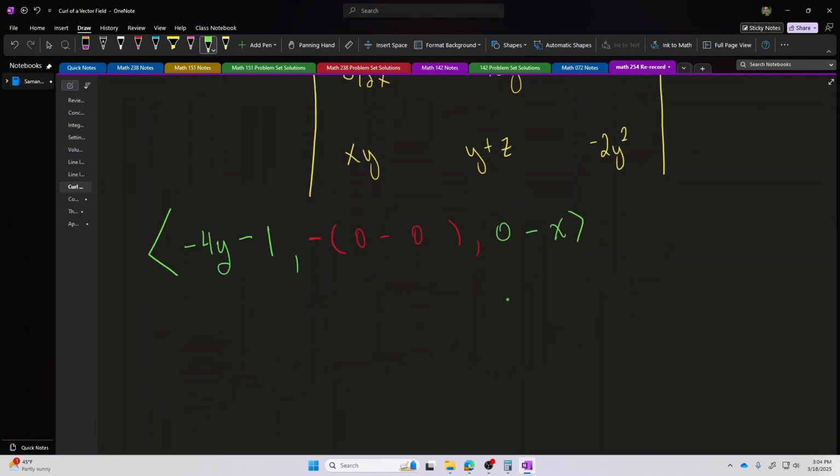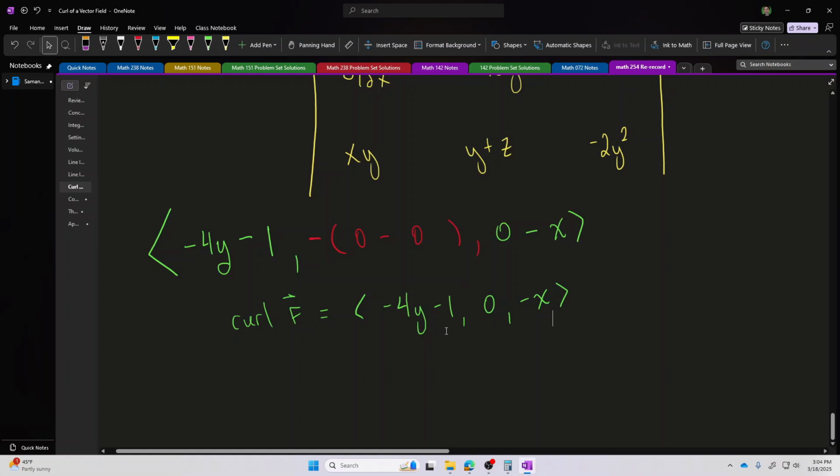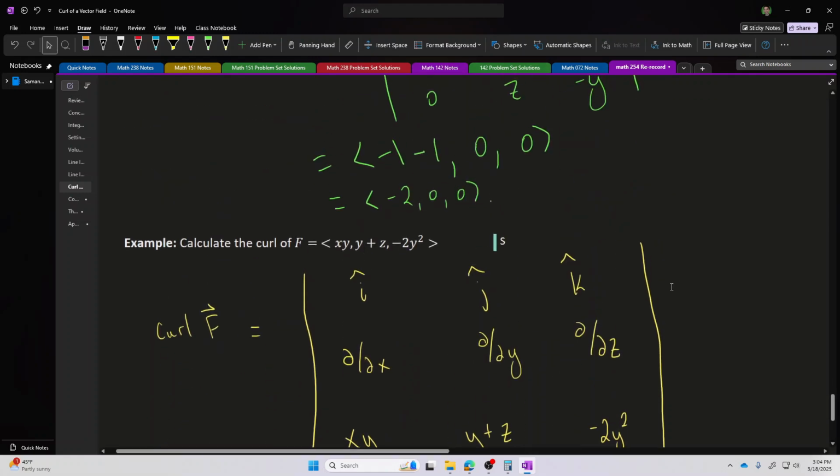So after simplification, the curl of the given vector field is another vector field whose components are given by negative y, negative 4y minus 1, 0, and negative x. So this means that the swirl around the x direction can vary. The swirl around the z-axis can vary, but there is always no swirl around the y-axis. That's really interesting, actually. Let me graph this vector field to see what it looks like. I want to see that.